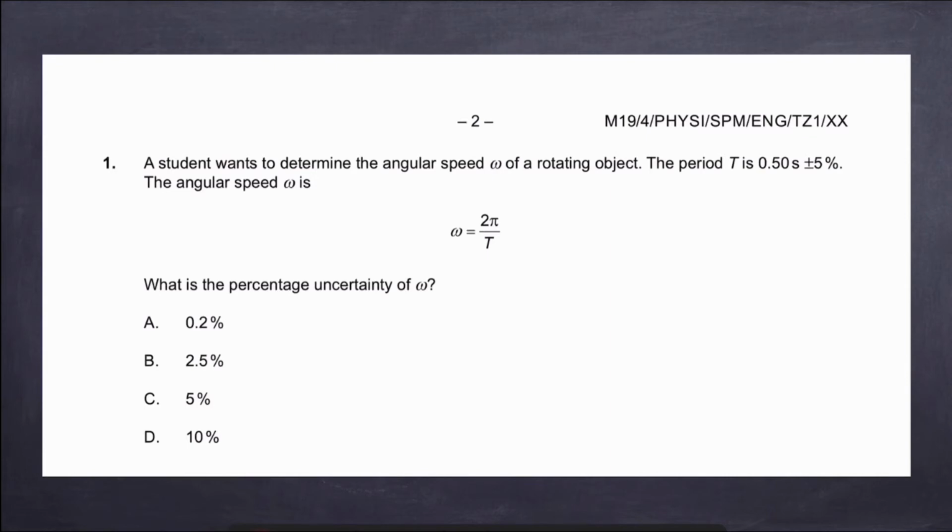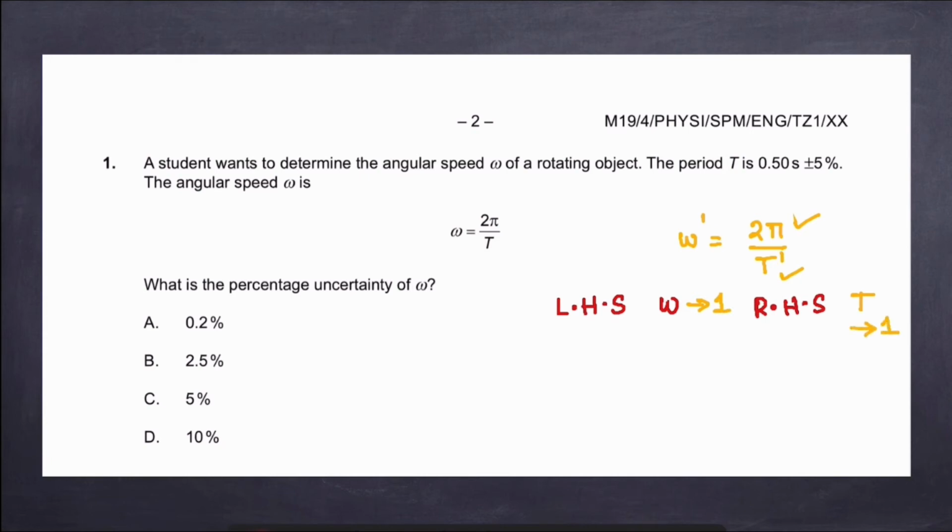Over here omega is given to be 2 pi by t. Now again in the same manner, identify the variables. On the left hand side of the equation we have the variable omega. On the right hand side, 2 pi is a constant, so we will not take this as a variable. So on the right hand side the only variable is t. Now what is the power of omega? The power of omega is 1. What is the power of t? The power of t is also 1.